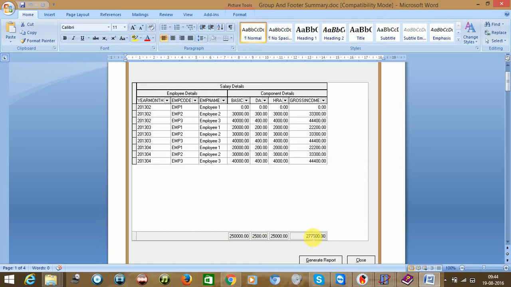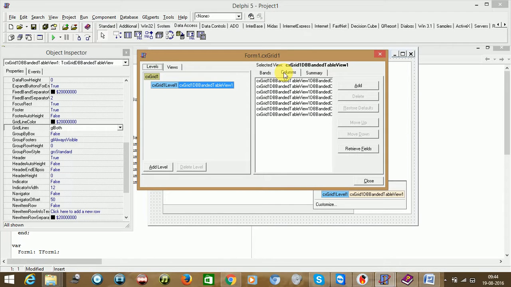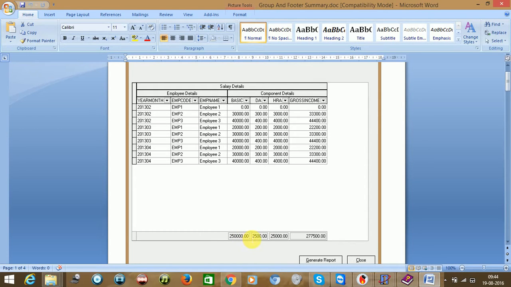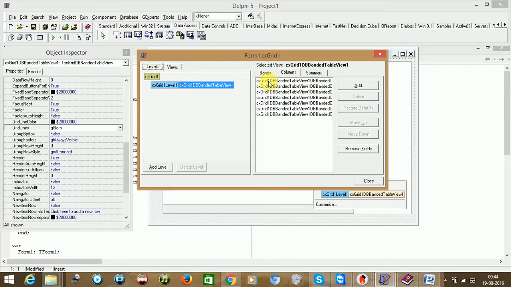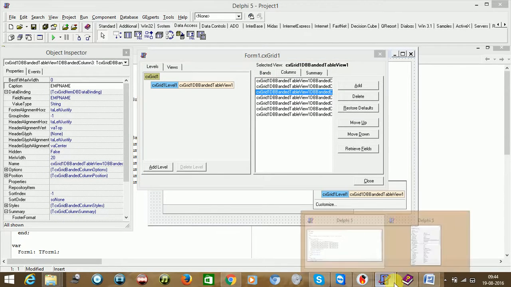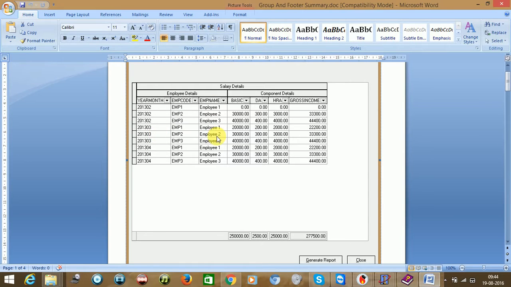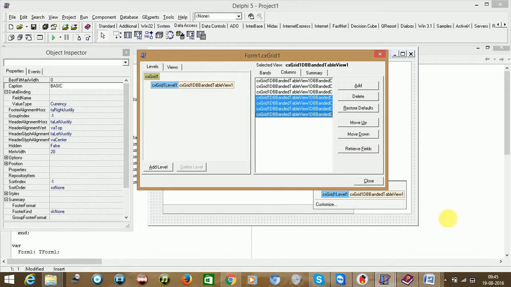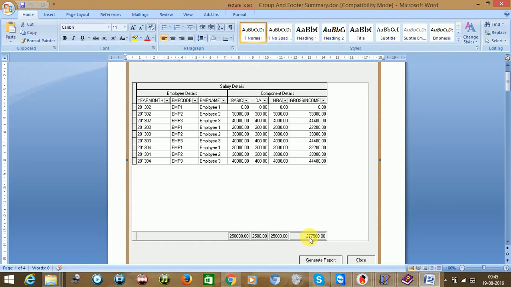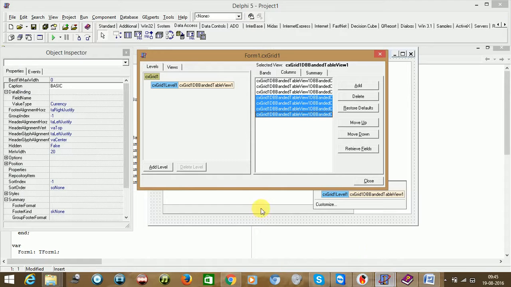This is the footer summary part. So coming back to this place, what are the columns you would like to display summary for here? Say for example, basic, DA, HRA and gross income. For that, just go here and select, because the first three columns are different, as you could see in this example also, 1 2 3, leave these three columns. So select all the four columns, because we just want to do summation and nothing else. Summation of all the columns, displayed in respect to each column.